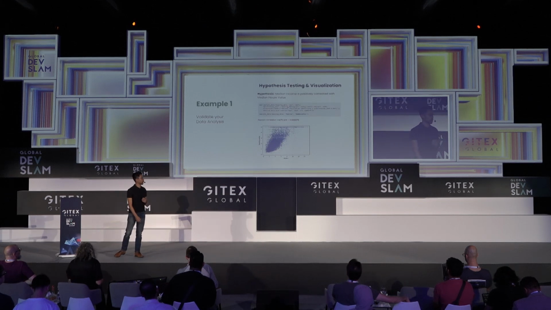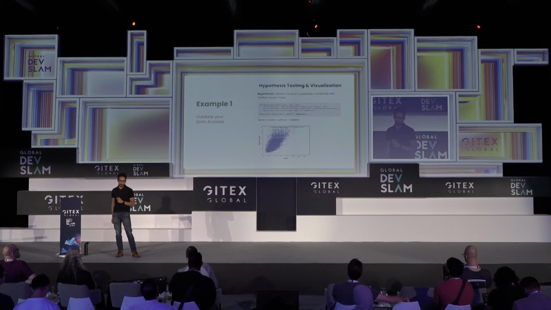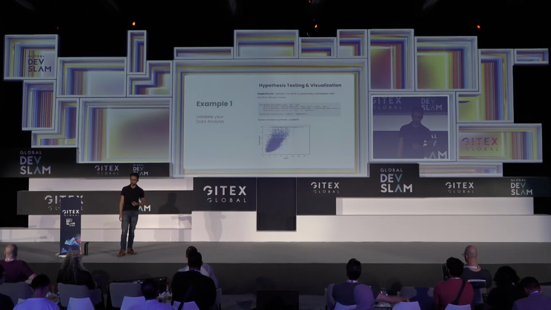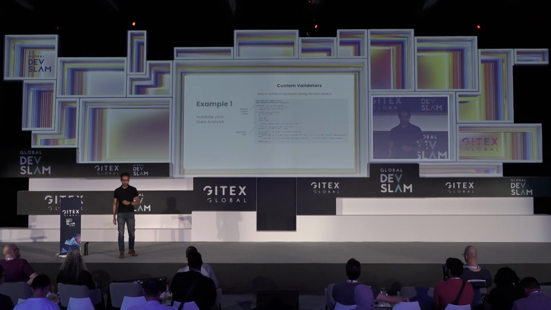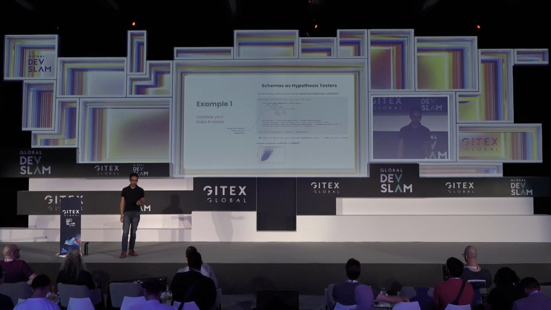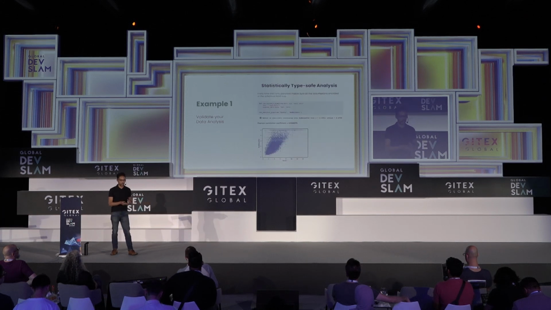Now, say you hypothesize that median income is positively correlated with median house value, right? You can plot that, you can generate the statistic about it, and you could call it a day. But then you can also use this extension API of Pandera to add additional